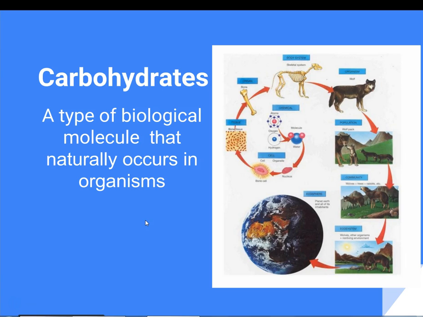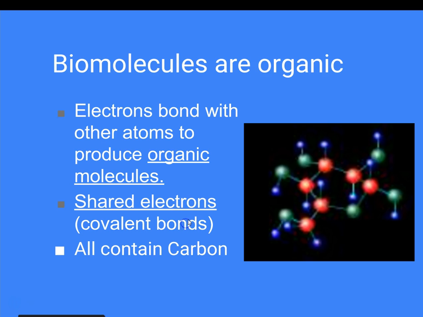So our focus today is going to be on carbohydrates. If we look at levels of organization within living things, we are basically at the molecule level. Carbohydrates are in a group of molecules that we call biomolecules because they are essential for living things. Living things use carbohydrates for cell processes, for growing and developing, and for maintaining homeostasis in living organisms. So it's a necessity for all living things within life.